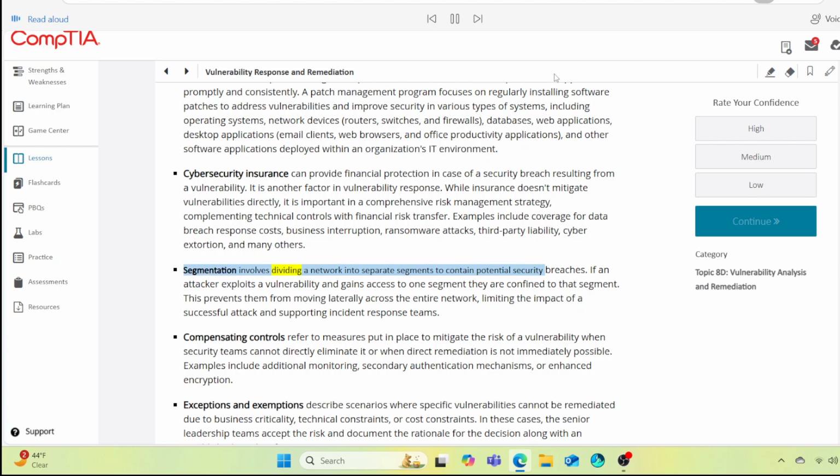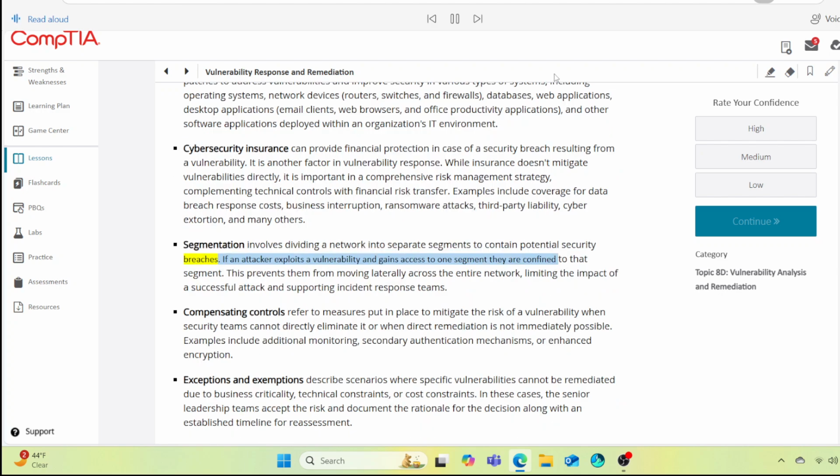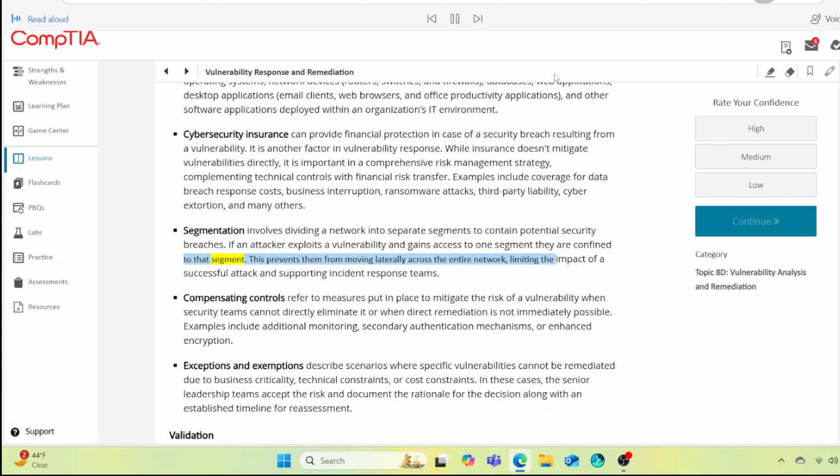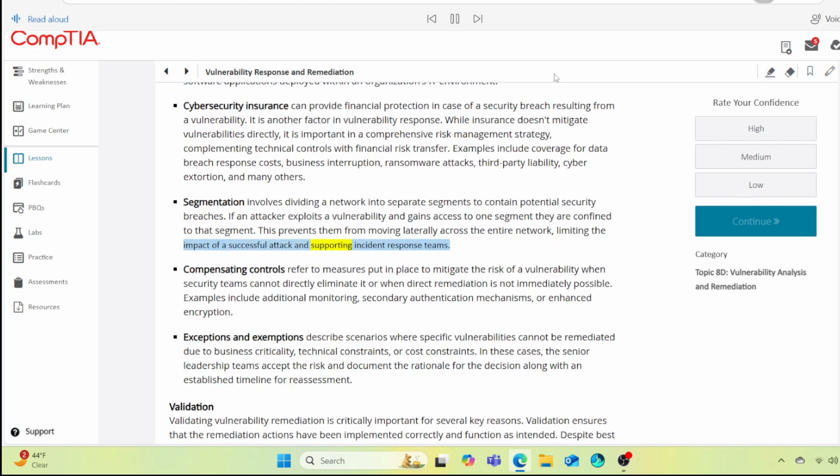Segmentation involves dividing a network into separate segments to contain potential security breaches. If an attacker exploits a vulnerability and gains access to one segment, they are confined to that segment. This prevents them from moving laterally across the entire network, limiting the impact of a successful attack and supporting incident